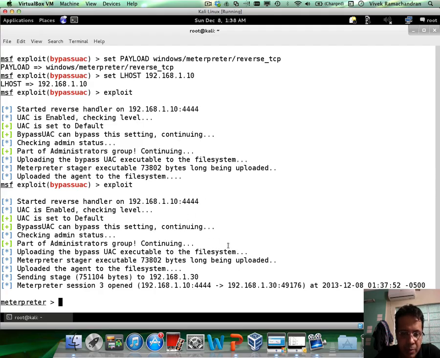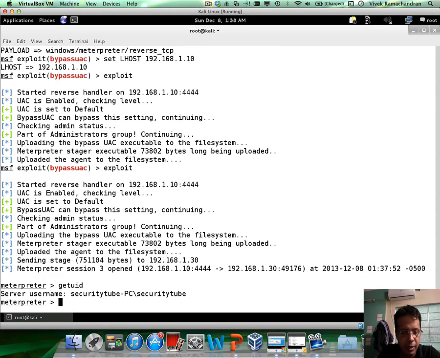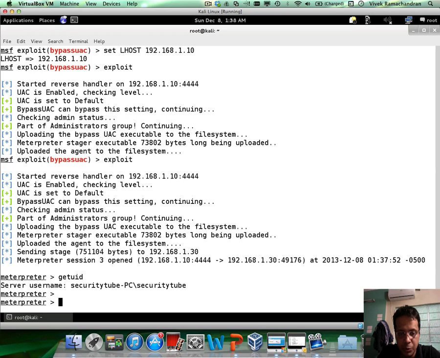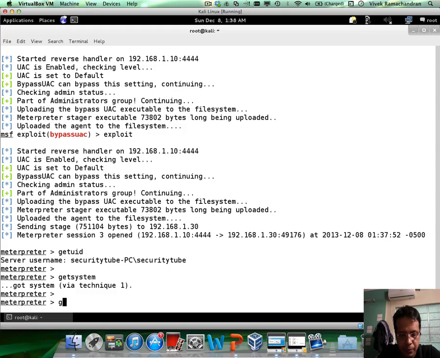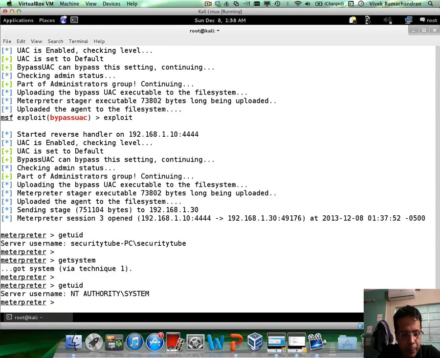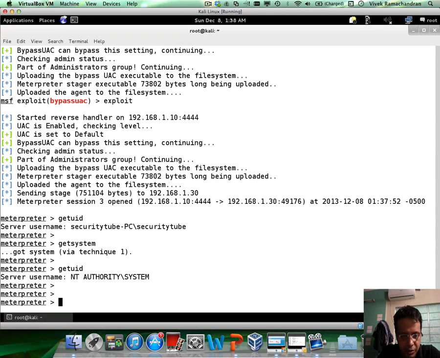Now the best part is this session currently, of course, is still running as the user security tube, but this allows us to get system comfortably. And there we go. Do a get UID again, and we get NT authority system. So after this, we can easily run our post exploitation scripts as we please, such as the smart hash dump,